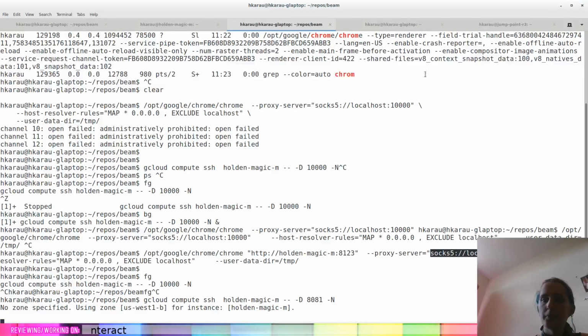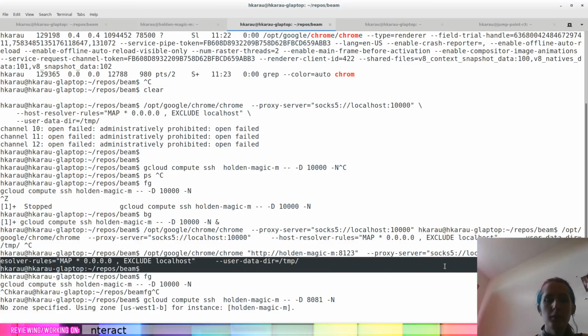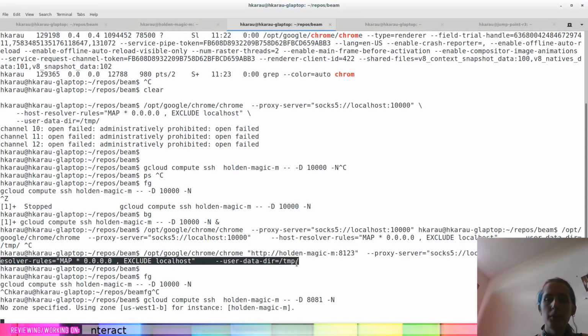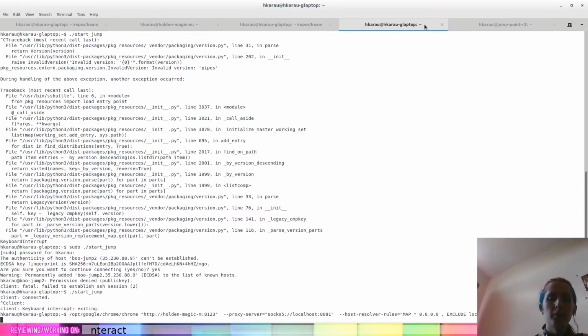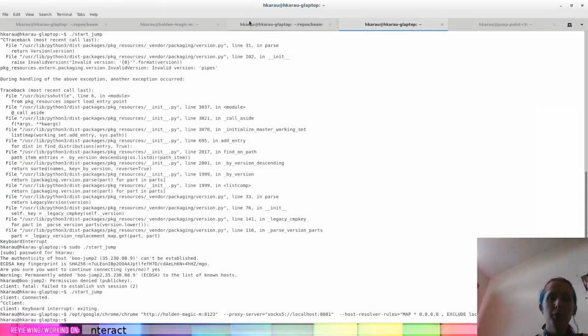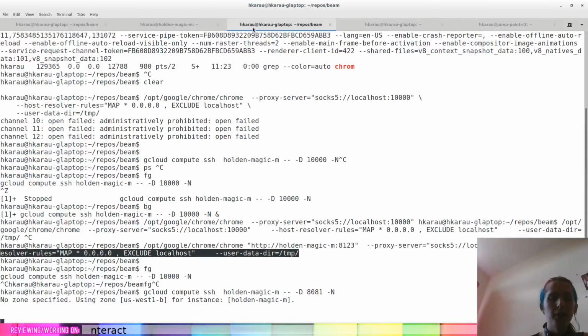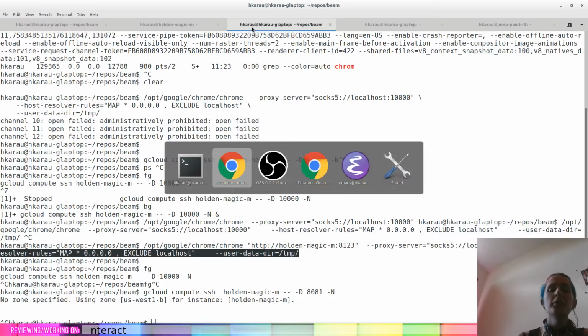Cool. Let's try this. And if this doesn't work, that's sad. It looks like the SOCKS proxy is not cooperating today for reasons that I'm not super sure of.